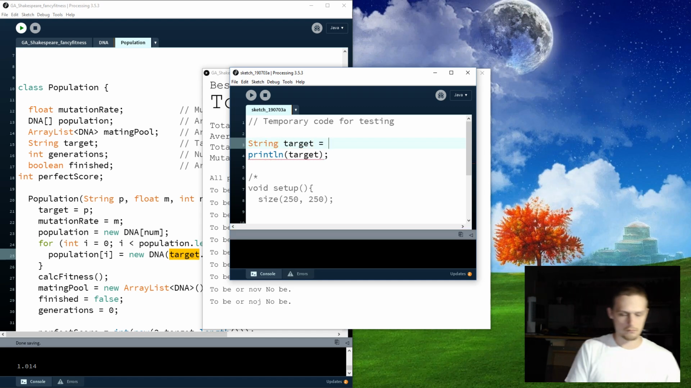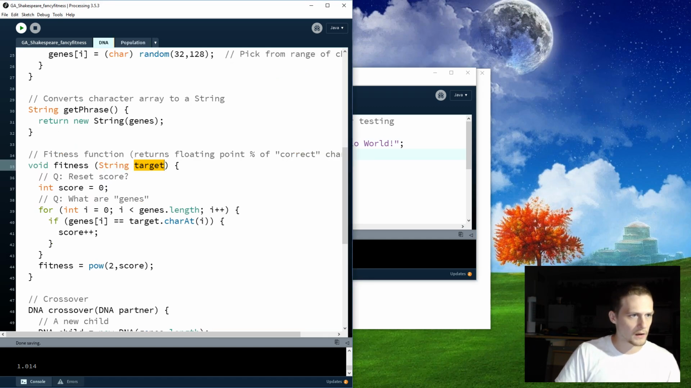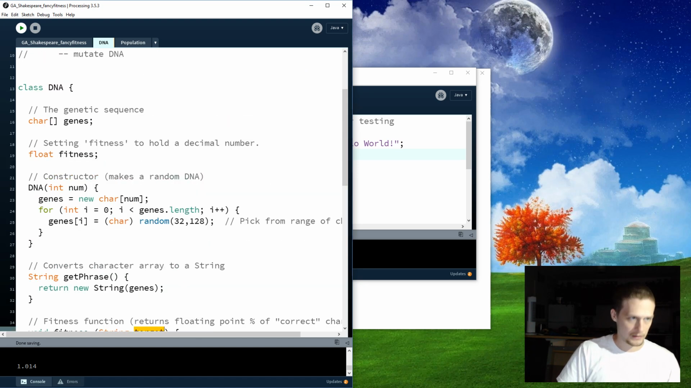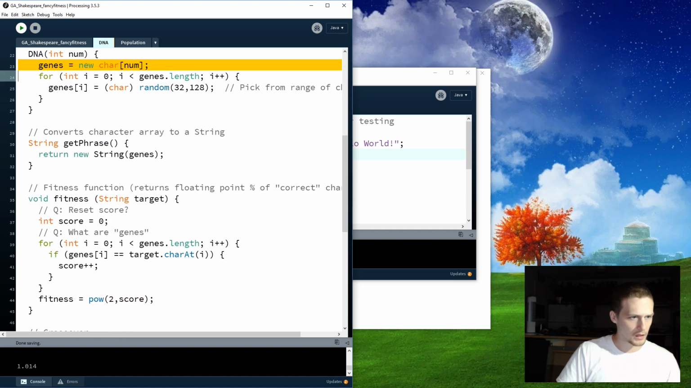equals hello world. And with this, what I want to do is use, what was that very specific phrase I had? Genes. Yes, genes. New character. An idea that I had is I would just,